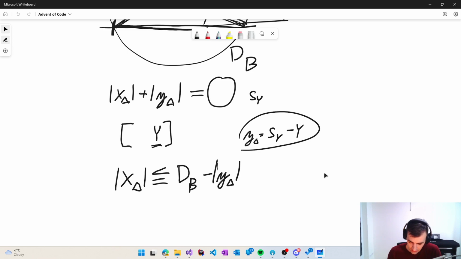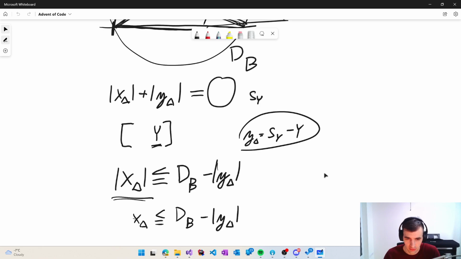And because this is an absolute value, it has two different solutions. So x less than dB, or less than dB minus absolute of difference, or